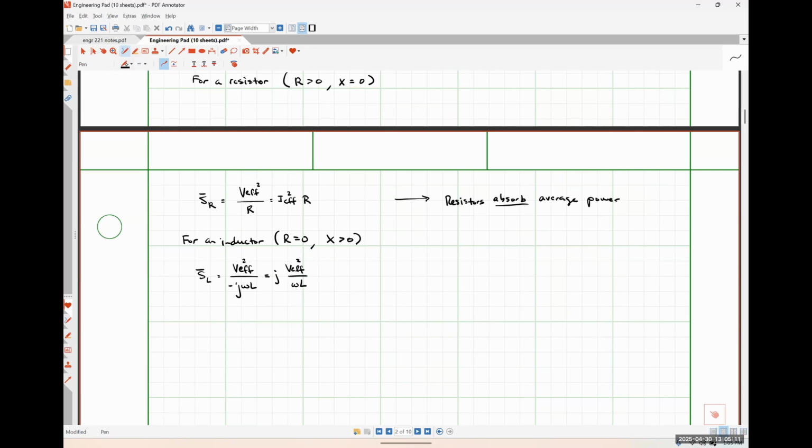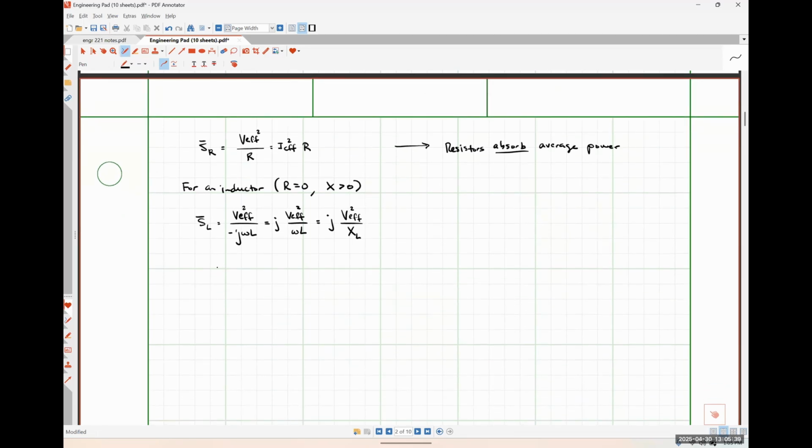And if I consider omega L to be the reactance of my inductor, I could write this as J times V effective squared divided by X sub L. Okay. Putting things in terms of current, this would look like I effective squared times